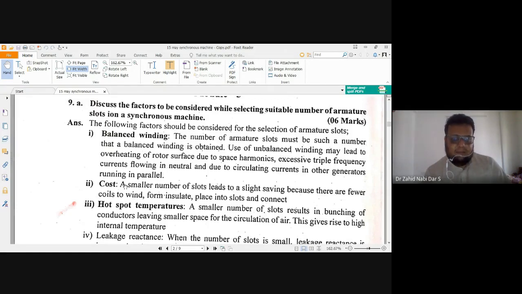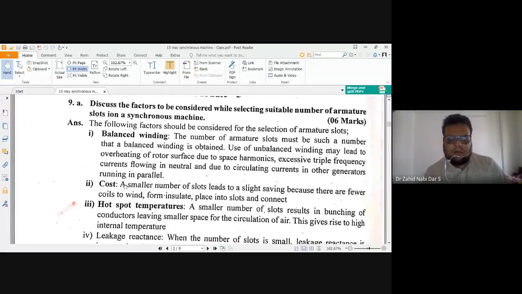One important factor when considering the armature slots is the balanced winding. The second important factor is cost. If you are designing anything, cost is very important. For example, if I make a transformer for 100 rupees and Pakresh makes it for 50 rupees, same brand, same wires, with whom will you go? Definitely you will purchase from Pakresh, not me, because you want to save that 50 rupees. With that you can have some ice cream. So cost is another factor.